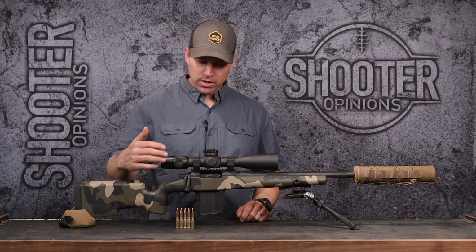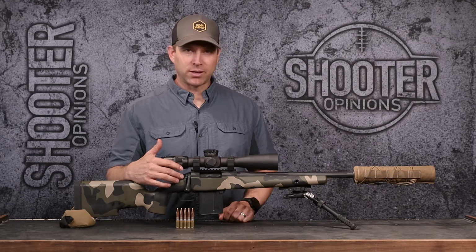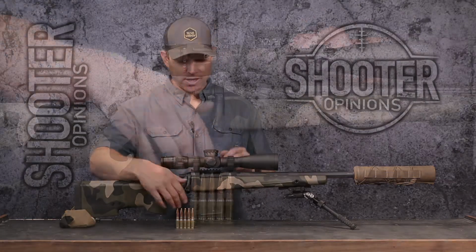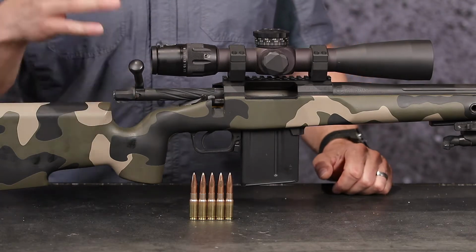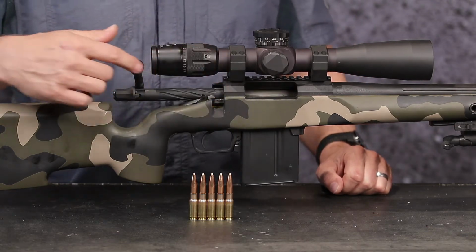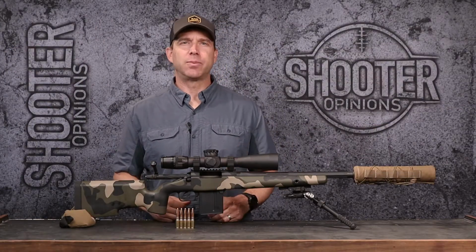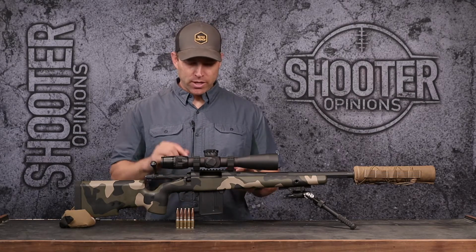And then based on the suggestion of Alamo, one of their favorite people to work with is Defiance Machine, and now actually having one of these, this is the Defiance Machine Ruckus. I can see exactly where those guys are coming from. This is a very smooth action. The tight tolerances, when you start to research them, these guys will guarantee head spacing on a lot of the popular prefits out there. It has a 20 MOA